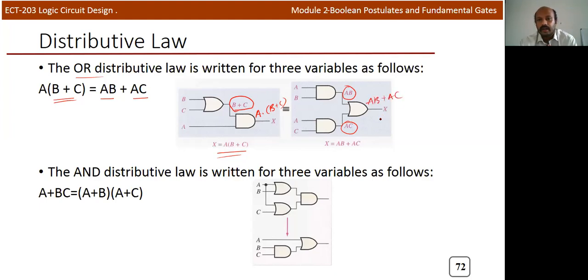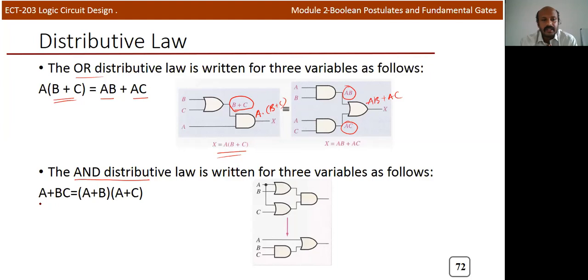Okay. And these two operations are same. That is a distributive law, or simply the algebraic concept. You can multiply this, and you can prove this by using Boolean laws that we will discuss later. Now this is a distributive law. Now we can discuss another law, which is an distributive law.